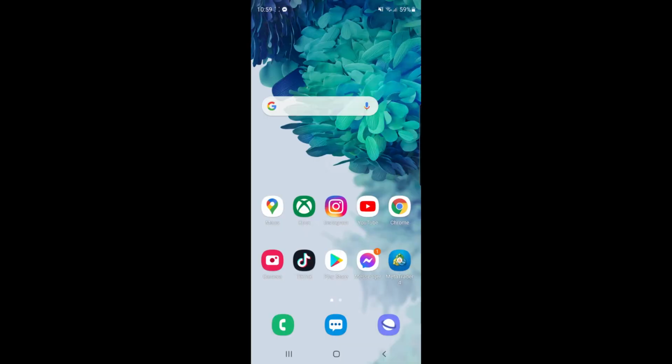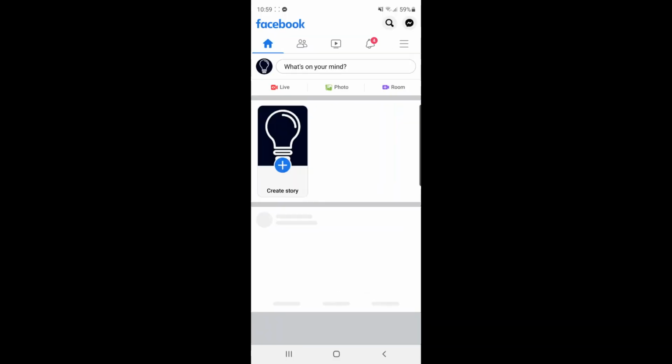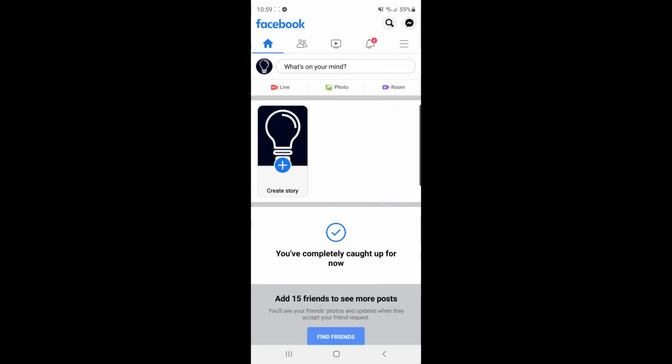So if you are wanting to change your name on Facebook, this is actually a really simple thing to do. The first thing you will need to do is head over to your Facebook. Once you have opened up Facebook, you'll be on this page here, which is obviously your home page. And from here, what you need to do is go to the top right hand corner to the three lines